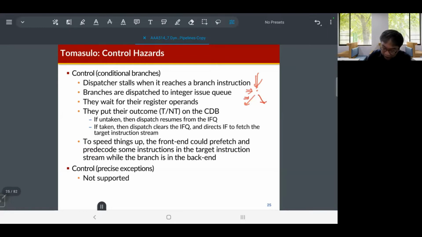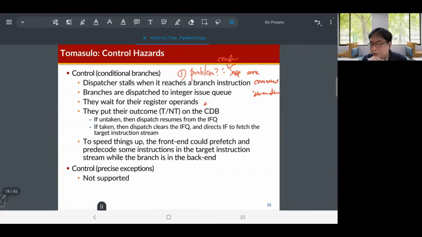Okay. What is the problem? Completed instructions are committed immediately. That is the disadvantage of the Tomasulo algorithm. The problem is that, as I believe I mentioned repeatedly during the classes,